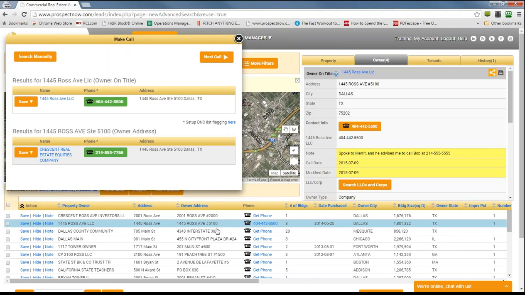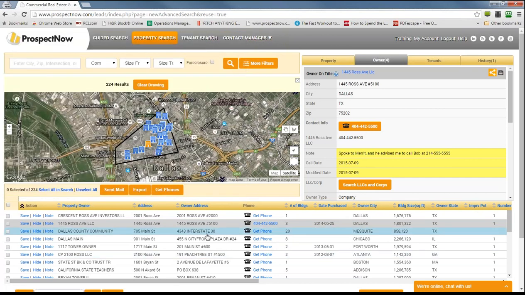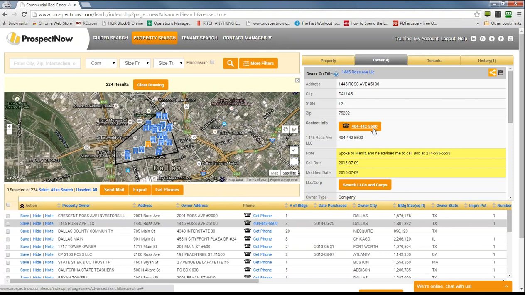So now this record is in our contact manager. This phone number is going to be plugged in to the record for us, so we don't technically need to look up that phone number again. It's always going to be there. So the next time you come in here and maybe call this number again, you wouldn't click the Get Phone button to pull up that window. But let's say you had an update that you wanted to make to the record. Well, there's a way to do that, and that's simply, you'll notice next to each record there is a Save button. And so we would click Save,